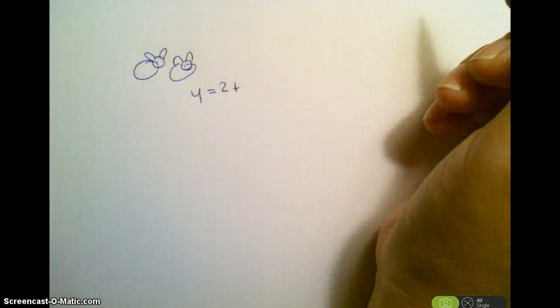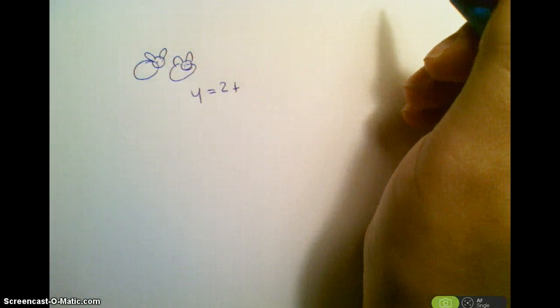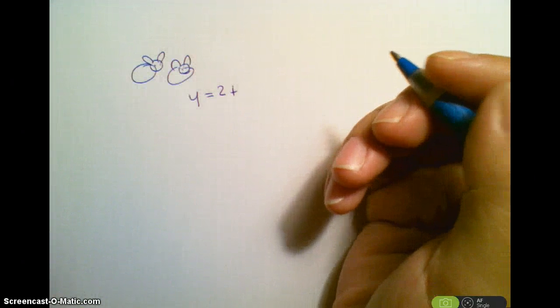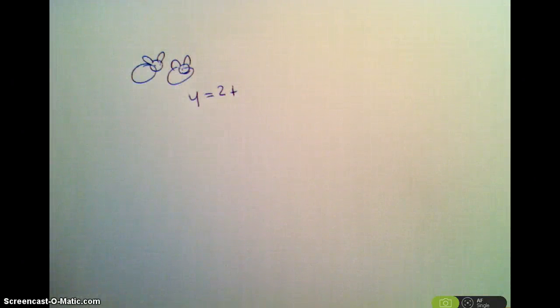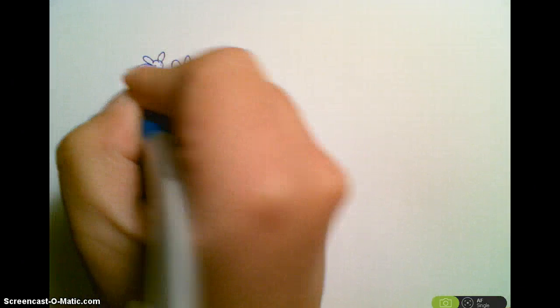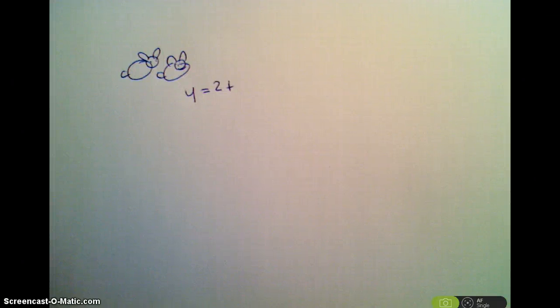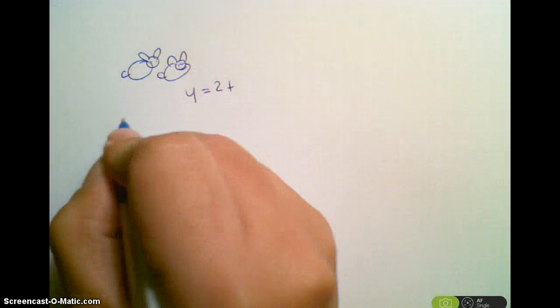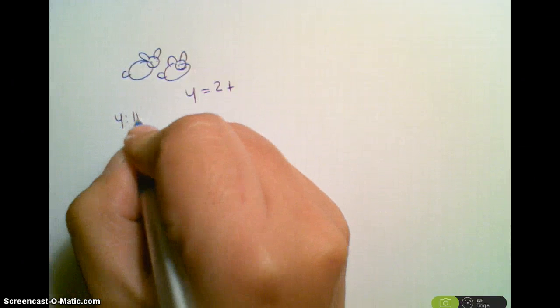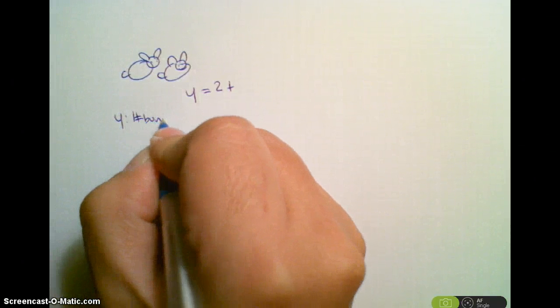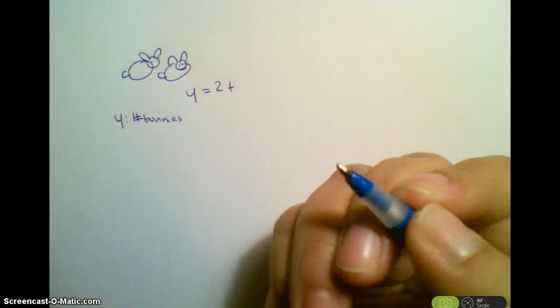To explain exponential growth and decay, I'm going to do an introduction first about what this model represents. So let's start with two bunnies. Let's say that the population, y, is the number of bunnies, and it starts with 2, and then